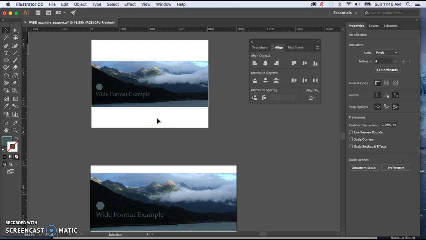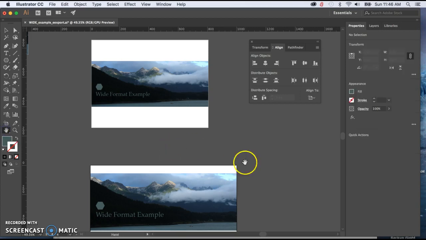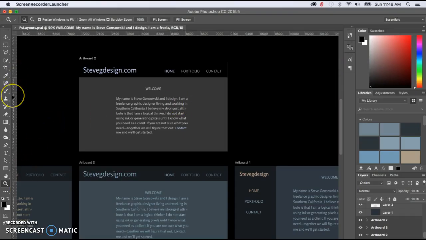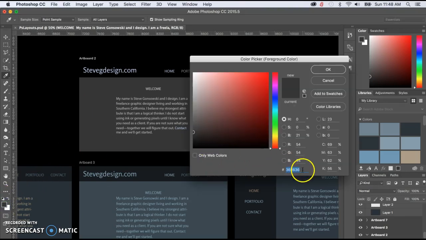Now what we're going to do is add a background color to this that is the same exact color that we need in our website. So by now, if you're organized, you probably have that written down. If not, maybe we have to go back to our original design in Photoshop, grab the eyedropper tool, and click over one of the images. Open this up, and what we're interested in is that hex color. So we'll copy that. We'll go back over to Illustrator,